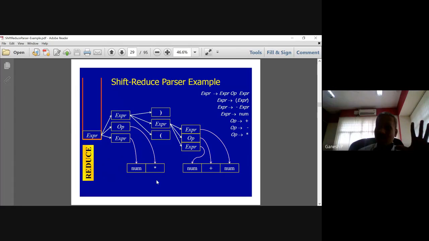EXPR being the top grammar or the main grammar means that whatever input we have given is finally culminating with, or mapping to, the main grammar rule. Thereby I can say that after everything is over, this is a valid input that we have given. Thereby it is accepted.